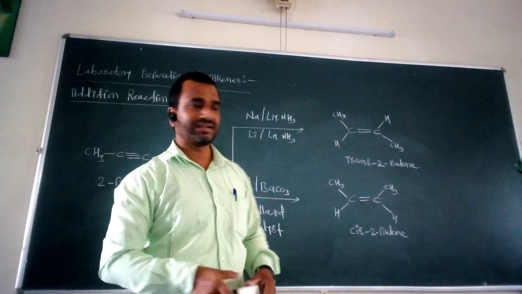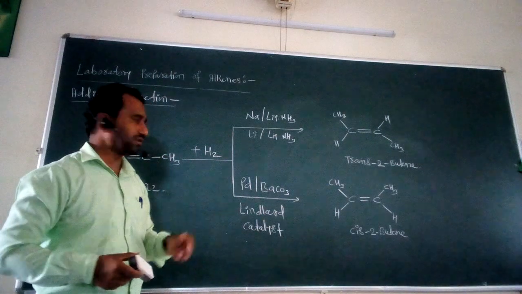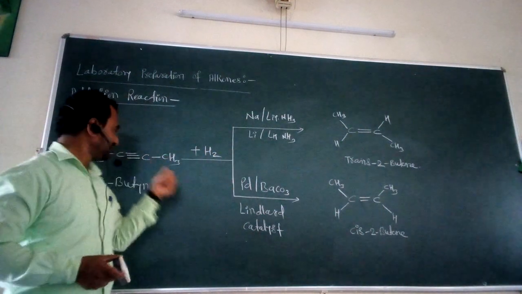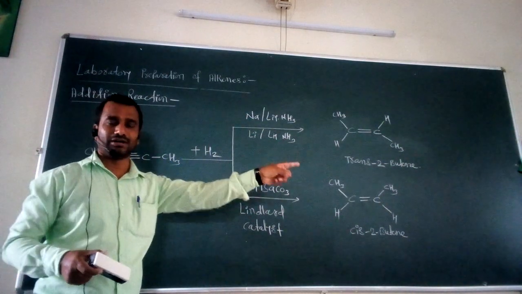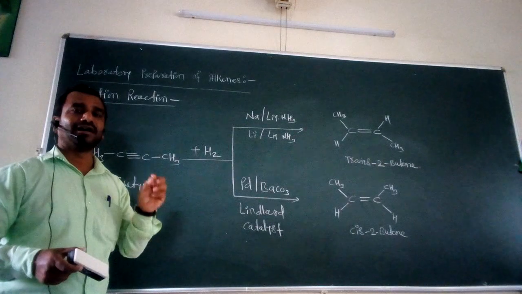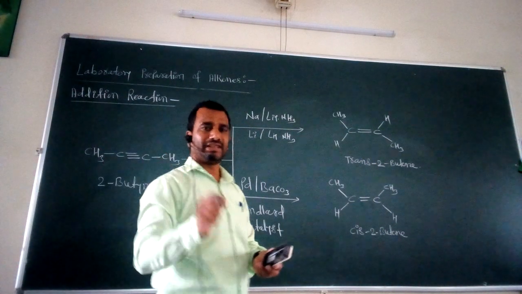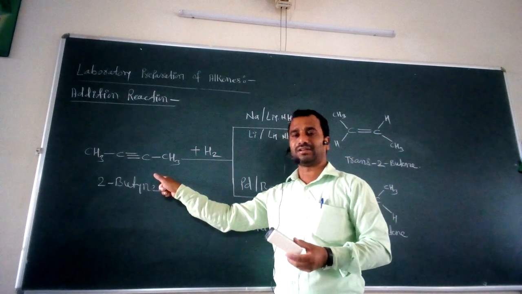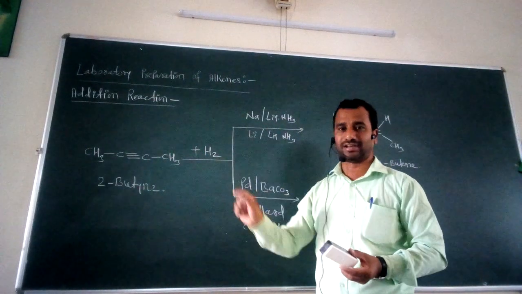Now this reaction is called a reduction reaction. Why is this a reduction? Because we add molecular hydrogen across the carbon-carbon triple bond, and that's why the triple bond is converted into a double bond and we get the alkene from the alkynes. So this is a very important reaction of these alkynes, or it is a very important method of preparation for these alkenes in a laboratory,